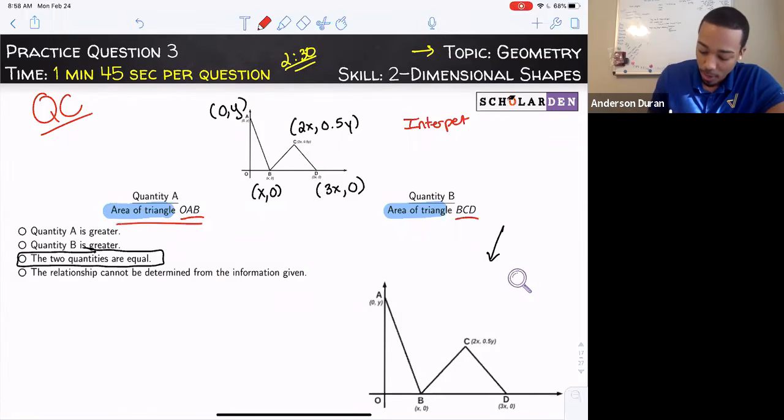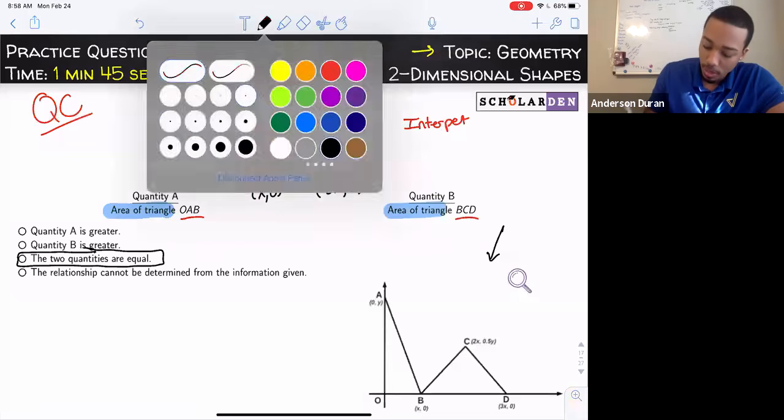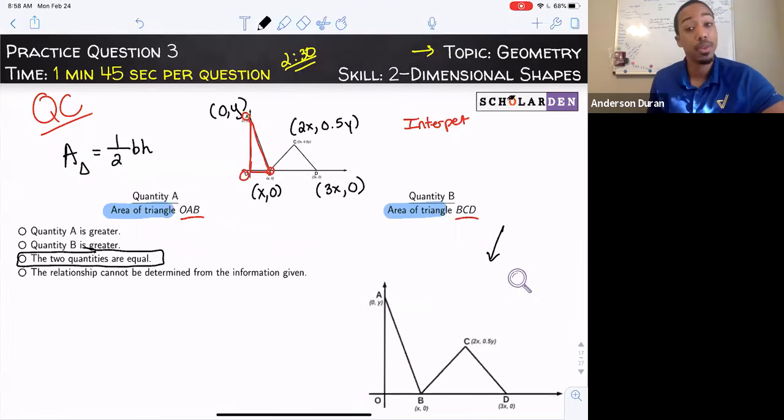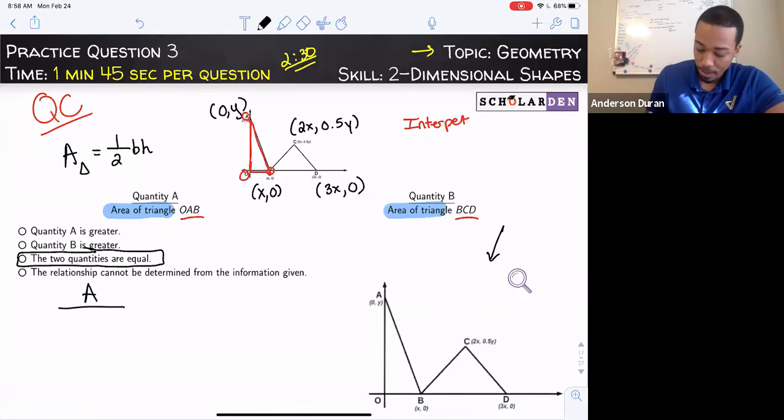Let's try to find the area of triangle OAB. And that is right here. So that's this triangle right here. So remember, let's remind ourselves, the area of a triangle is 1/2 of the base times the height. If you didn't know that, well, now's a good time to write that down. So the base is the horizontal length, the height is the vertical length. So let's go ahead and do this for quantity A. So the area